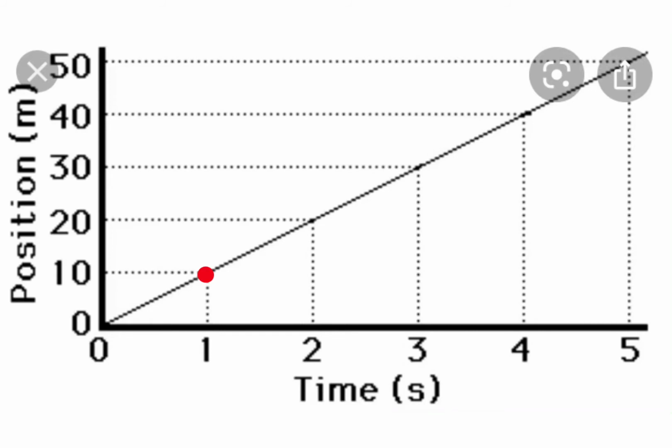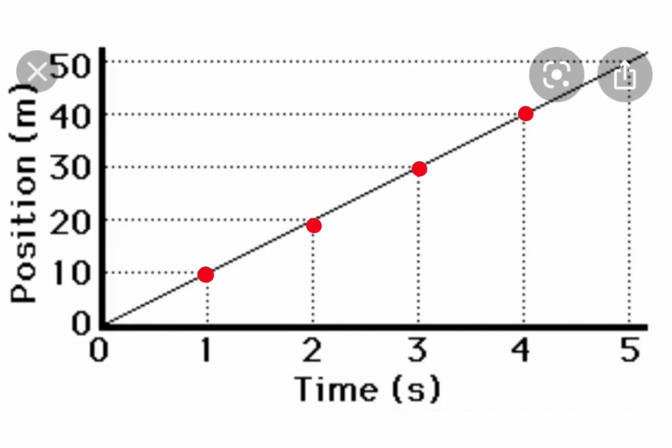Similarly, for the second observation you have to draw a dashed line from 2 and a dashed line from 20, and where they meet you have to put a point. Similarly 3 and 30, and similarly you have to plot 4 and 40, and then you have to draw a straight line from 0 joining all these 4 points. This way you have to plot the distance versus time graph.